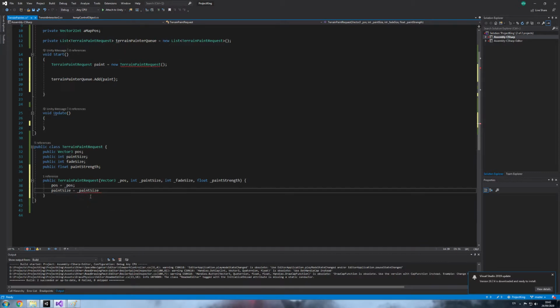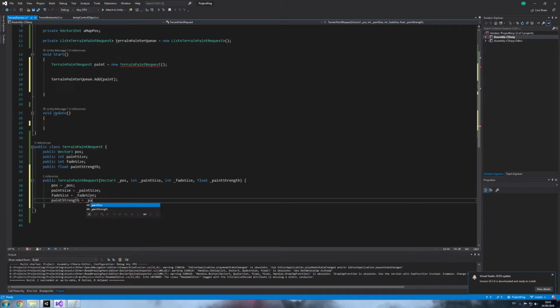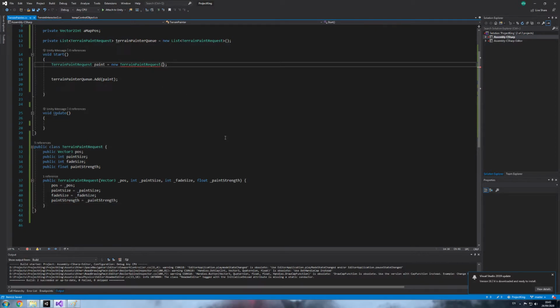Paint size and fade size is equal fade size, and the last, paint strength is equal to paint strength. Nice. So what we can do now, we can actually say, okay, we need to pass a vector3. So we can do straight away inside here vector3 of